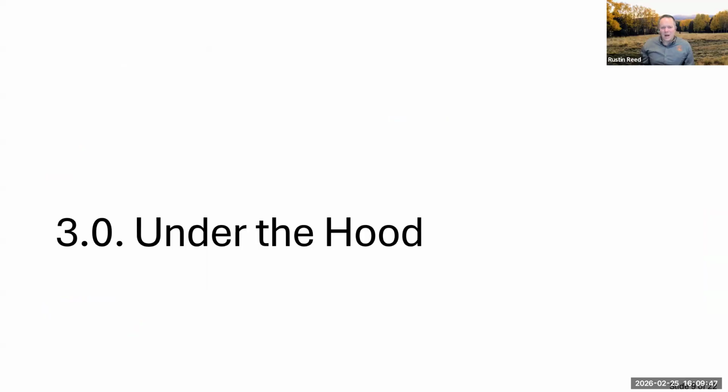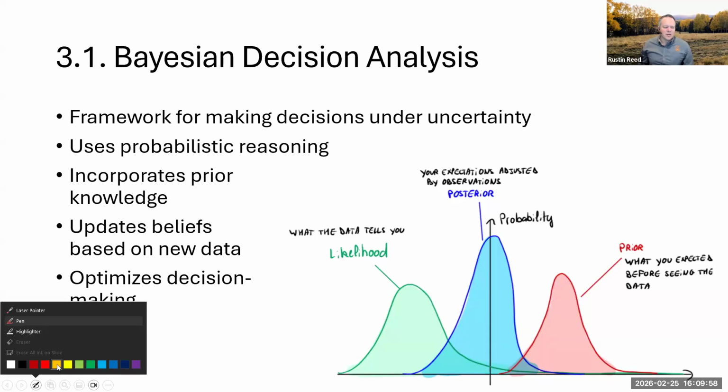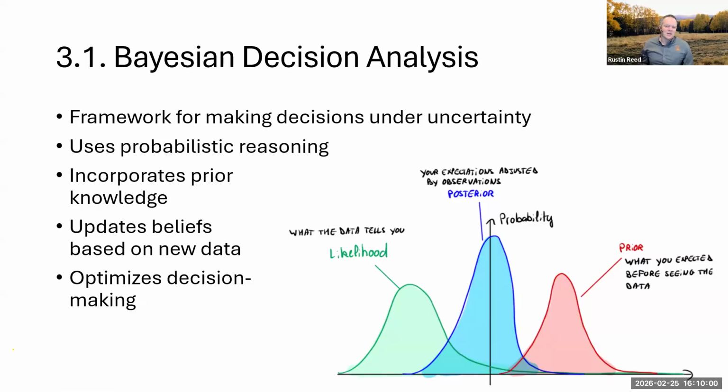So just a little bit about what's under the hood. I don't want to dive into Bayesian statistics here. That's not the point of this. The point is just to share a little bit so that you know a little bit about the Bayesian statistics. I am not a Bayesian statistician. That is not my area of expertise. I understand a little bit about what is happening, but